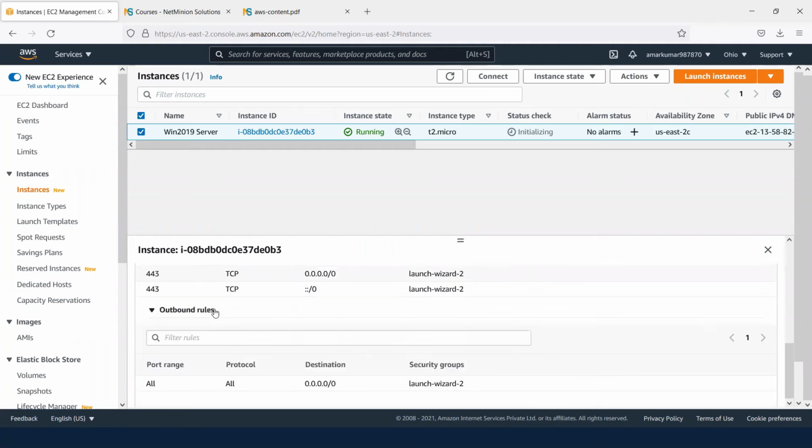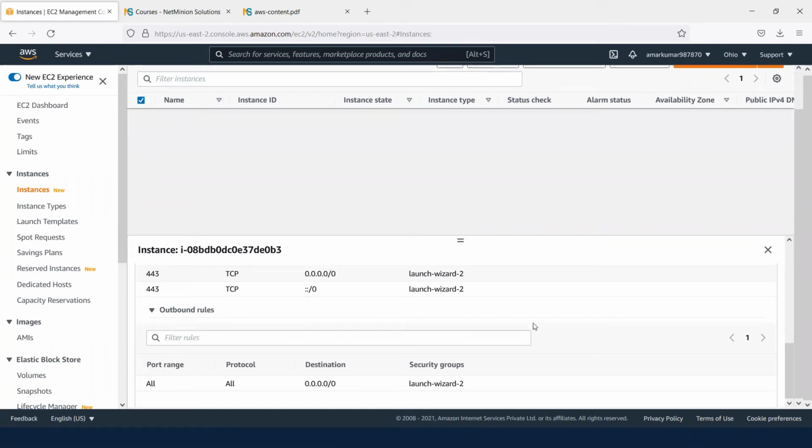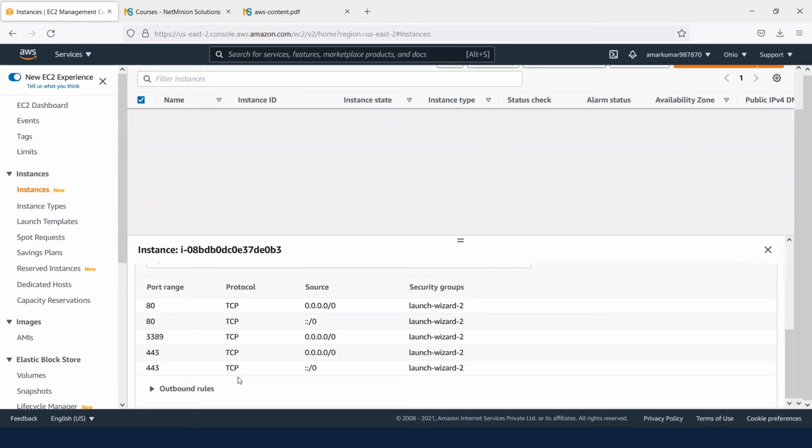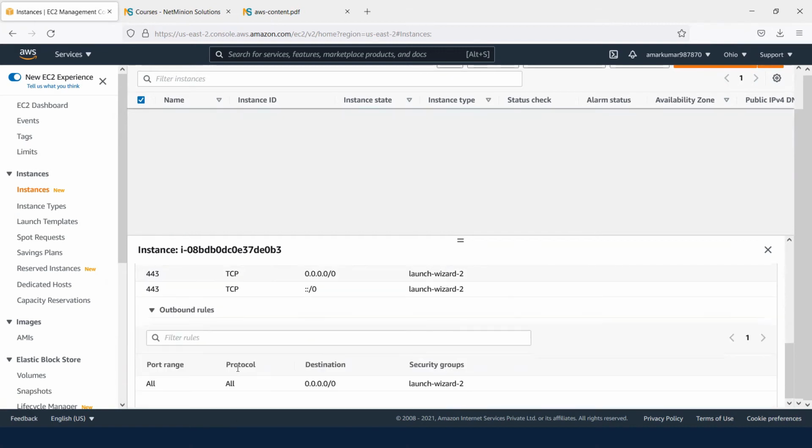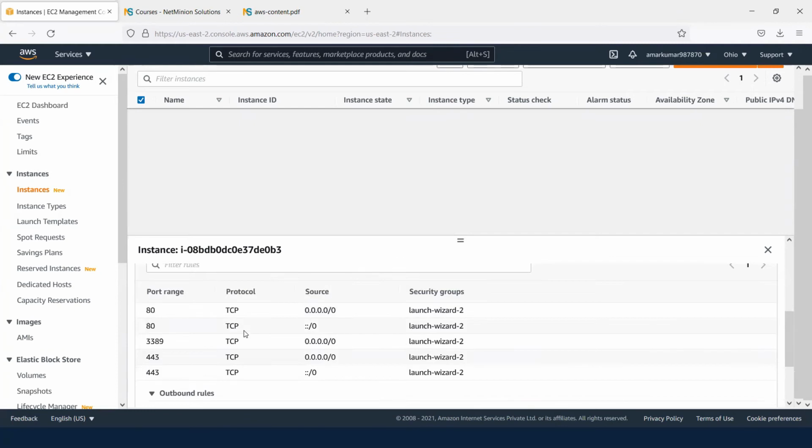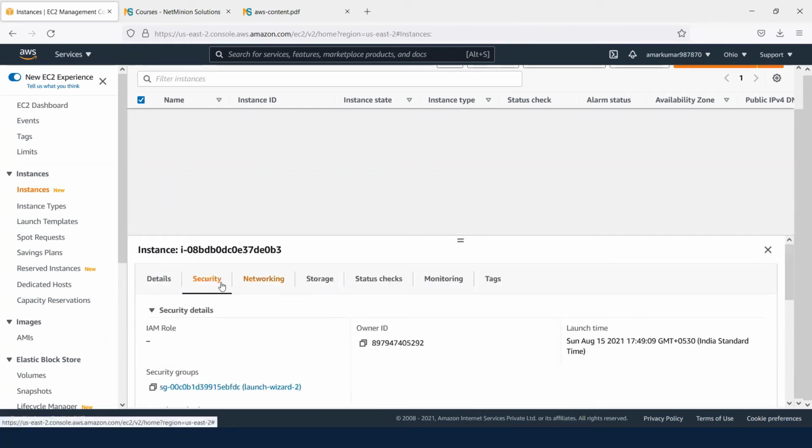Apart from this, you can see the outbound port. Outbound port means from this machine to the internet. So by default, here is mentioned nothing. If there is nothing mentioned, that means by default, every port is open. So for outbound, everything is open. That means this machine can go over the internet on any particular port. See, here is mentioned: all protocol to all the destination, this is allowed by default. So you can see things on the security.